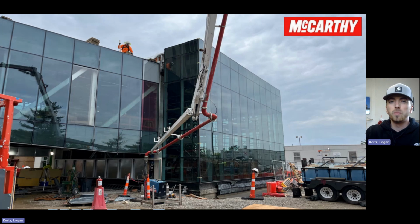This is just a photo showing the progress on the jewel box enclosure. So as you can see, we've got just about all of the glass installed aside from a few pieces on that north wall that we've got to install yet. We do have our back pans in now, so wrapping this up and then we'll have glass coming in here shortly. Another thing to mention, we did get NGG across the street to install all of the glass from O-line to the face of West Pavilion. So now we will be wrapping that up and then moving over to West Pavilion to start installing the ladders